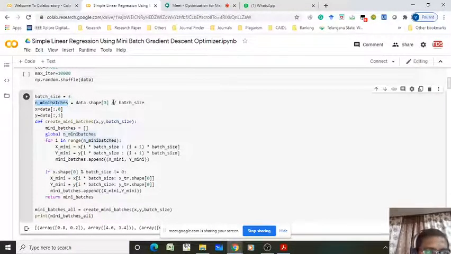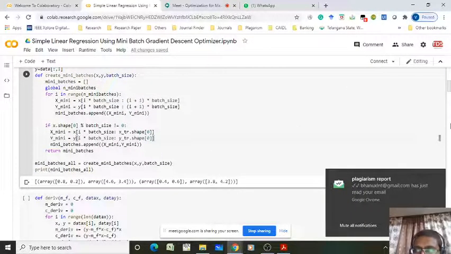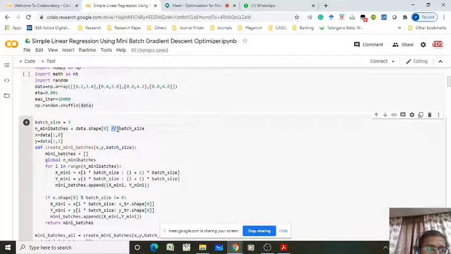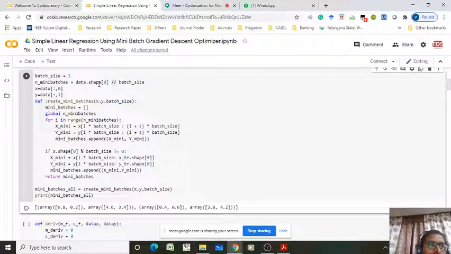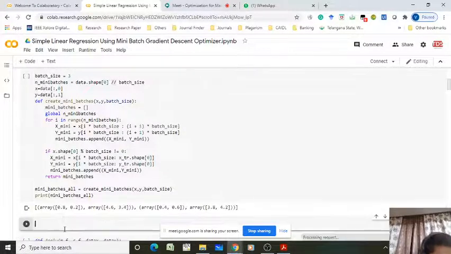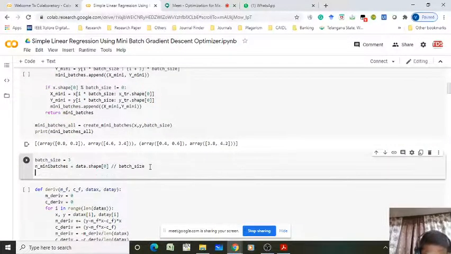1.33 sir, 1 point something. But here we are using the 2 forward slashes, right? That means it gives a floor value or integer value. So the main purpose of this one is it makes the floor value, not the ceil value. Okay? So I will write here and print